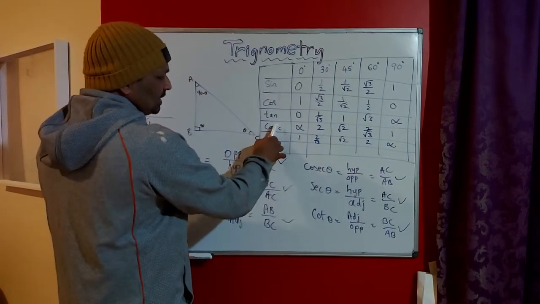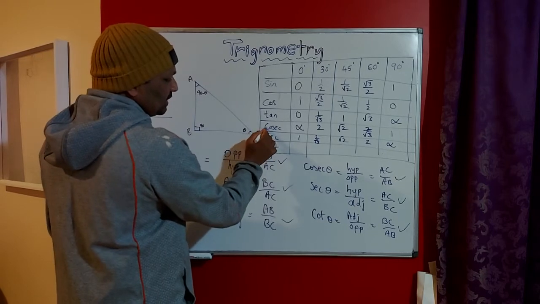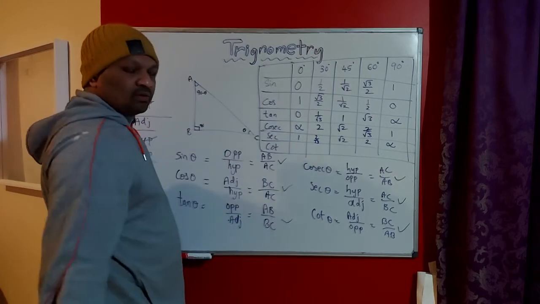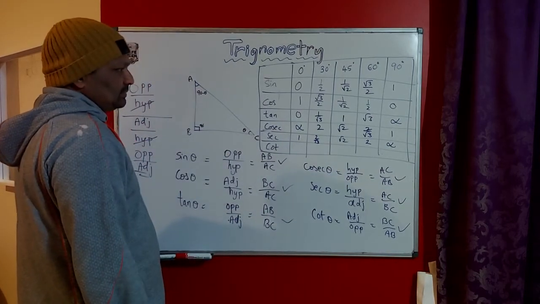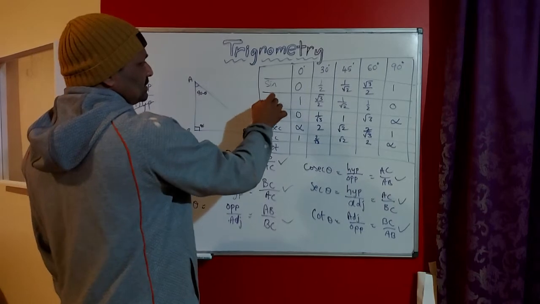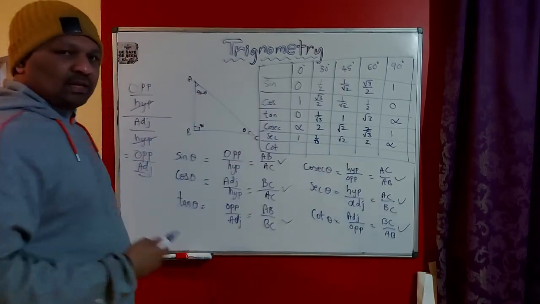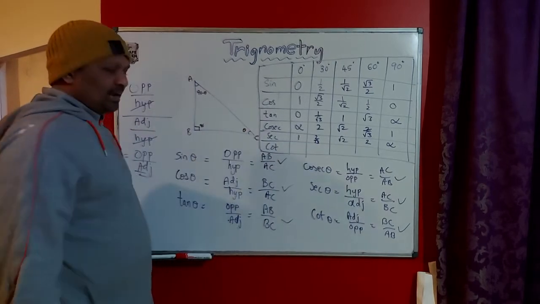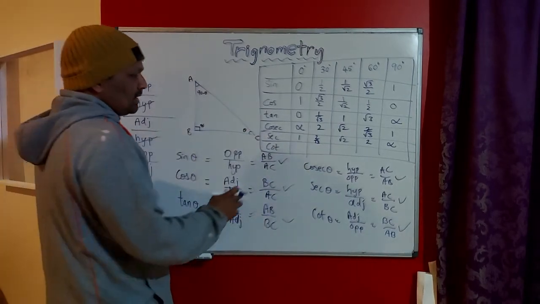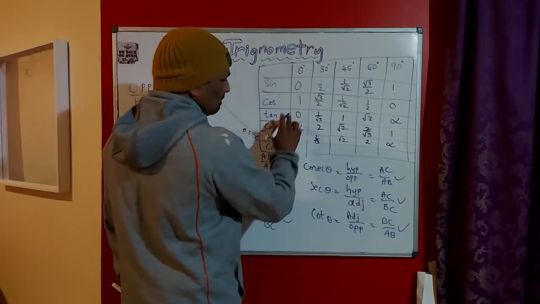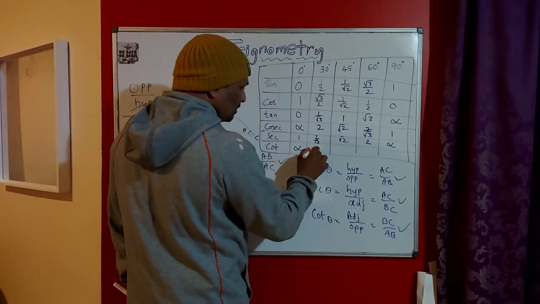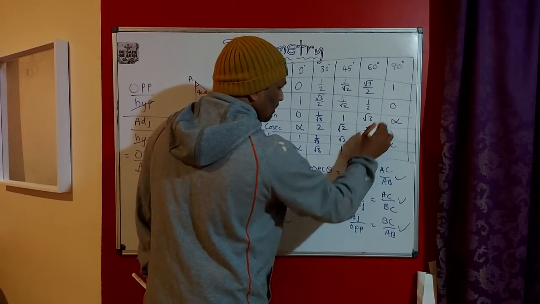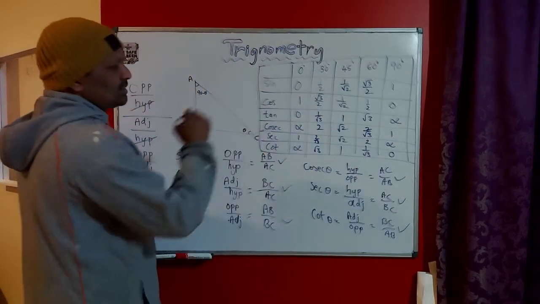Cosecant and secant. Again, the CO here refers to complementary. Sine, cosine. COS, the full form is cosine. These are complementary angles. We'll also talk about why they are called complementary angles later on. But for now, CO refers to complementary angle. And here the cot is the reciprocal of tan. 1 by 0 is infinite. 1 by root 3 is root 3. 1 by 1 is 1. 1 by root 3. And 1 by infinite is 0. That's how you have to fill it.